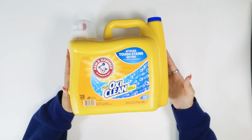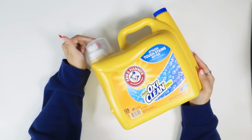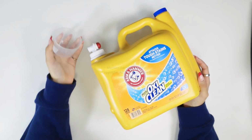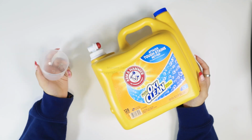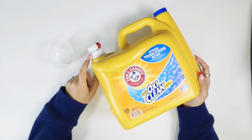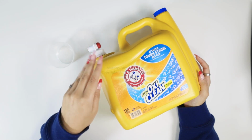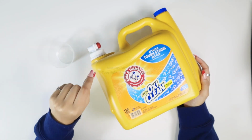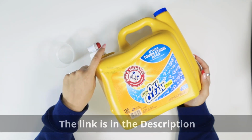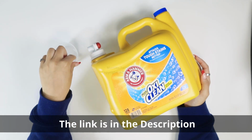And third, and my favorite of course, is that it already comes with the cup that you need. Just like that, you have an extra cup with measurements as well, and an easy pour spout. So all you gotta do is press the top and liquid comes out the bottom. It is so easy. You can just set this on a surface and press it down to get all the